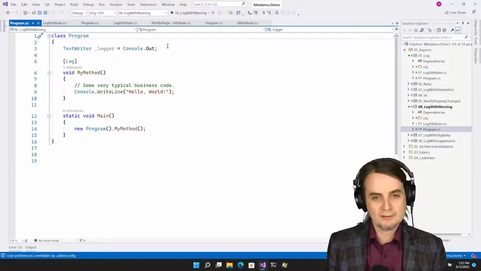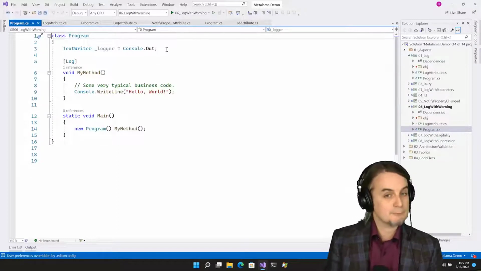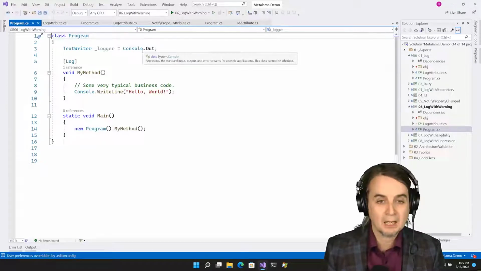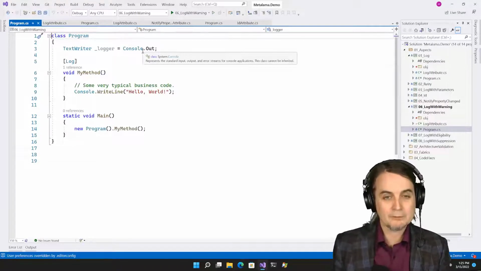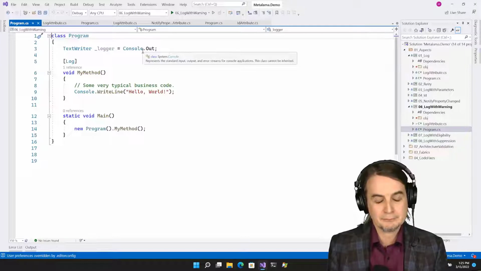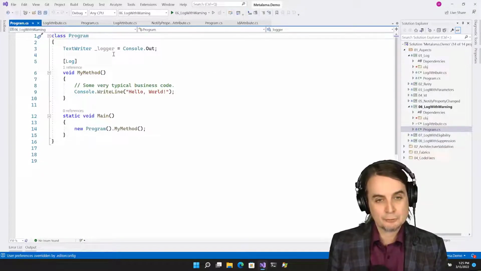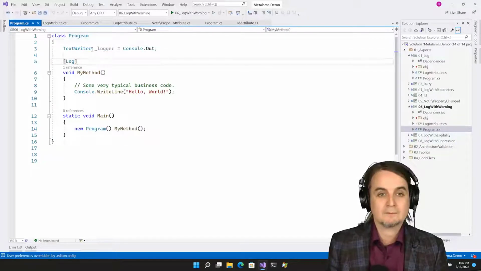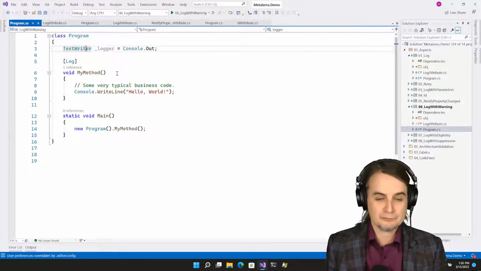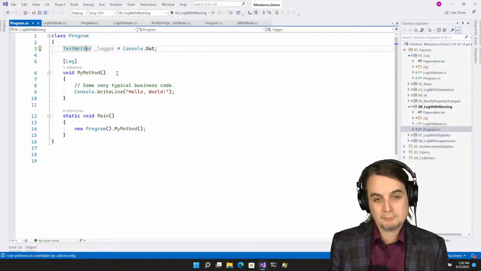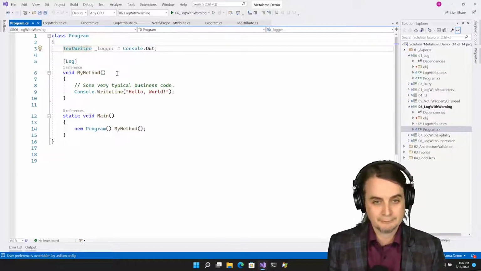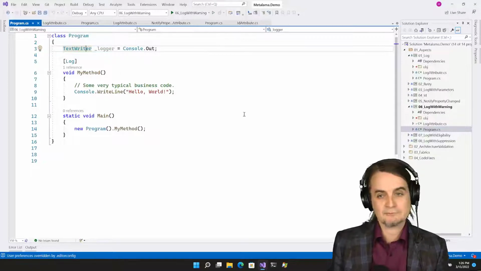So instead of logging to Console.WriteLine, which is nice but it's difficult to test, I will use a pattern that would ideally use dependency injection. The pattern is that I will use a logger field that I will assume is a TextWriter type, but in practice it would be an ILogger type or something for logging.